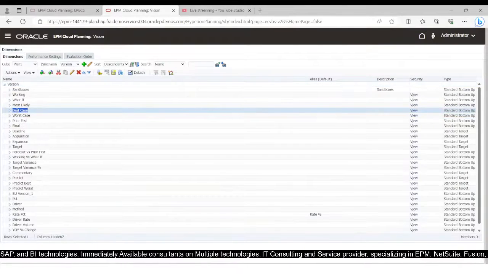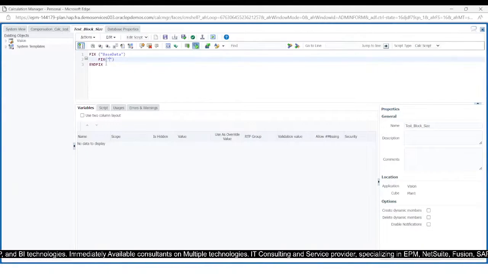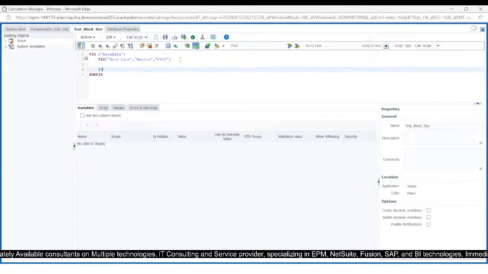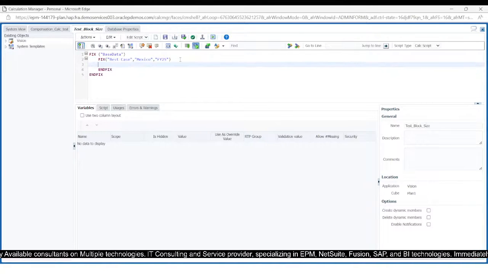Here I am considering the best case scenario, then comma, the entity is going to be Mexico, then again comma, the year is going to be FY25. Then we will be using endfix, and here I am going to write the formula. Here actual is going to be equal to